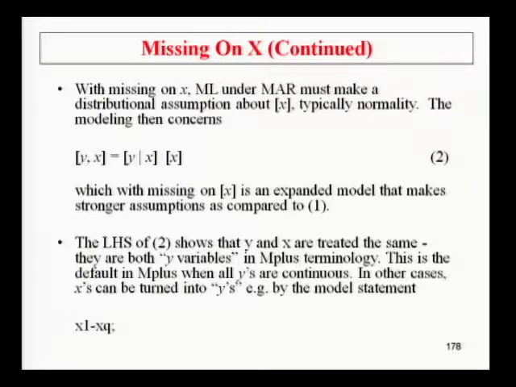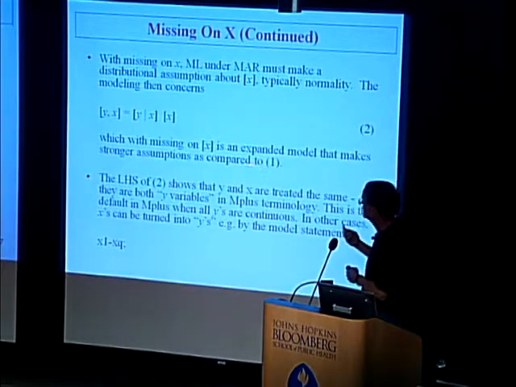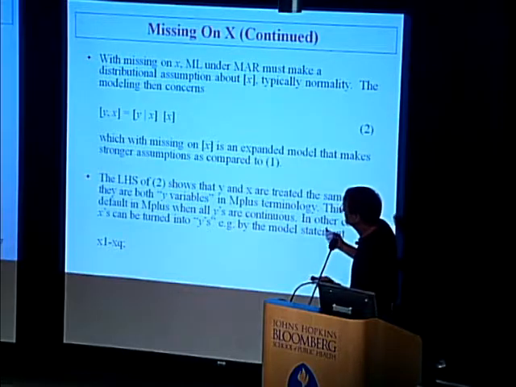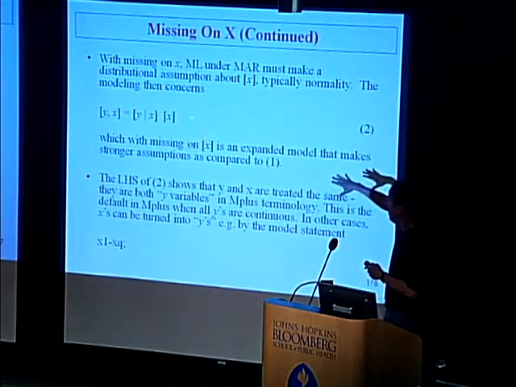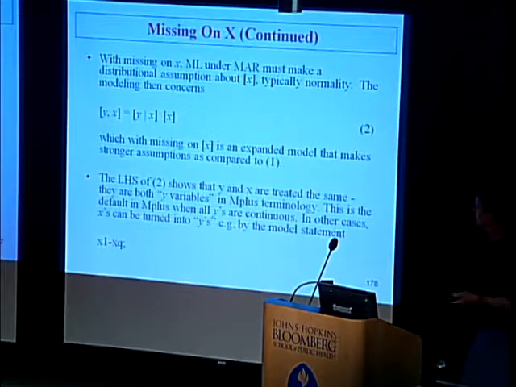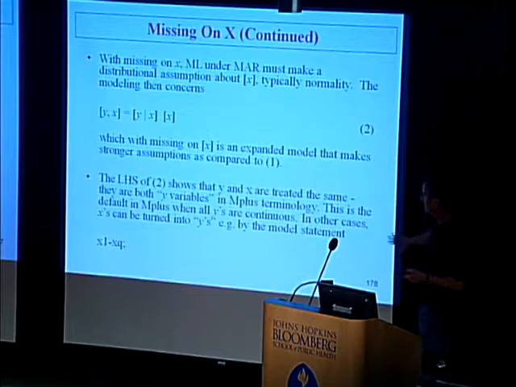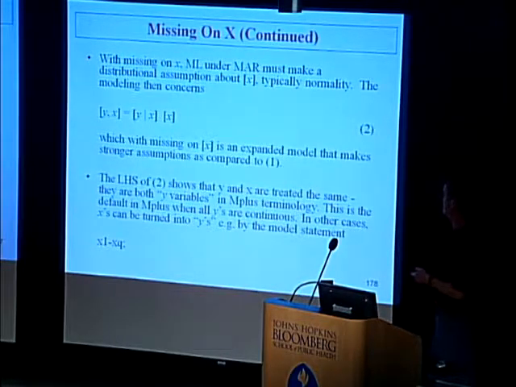With missing on X, that means we've expanded the model to one that makes stronger assumptions than the one we started with. It's a model that says something about the distribution of X as well. So you shouldn't do that lightly, but it could be done in Mplus